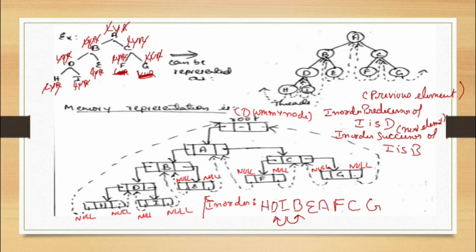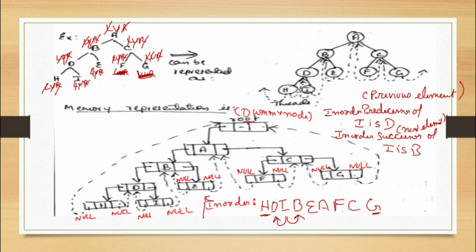Now students, how you have to connect is, look here, H is the first element, so it will not have any predecessor. Then G is the last element, so it will not have any successor. Now if H is the left link, where to connect? We have to connect it to the dummy node, that is called the root here. That dummy node's left link will also be connected to A, and the right link of G will be connected to the dummy node, and the right link of this dummy node will again be connected to itself.